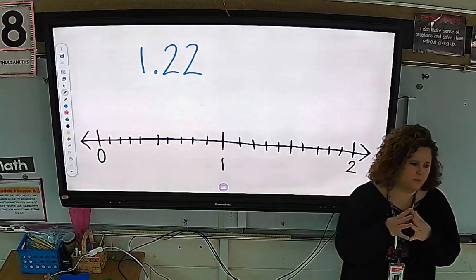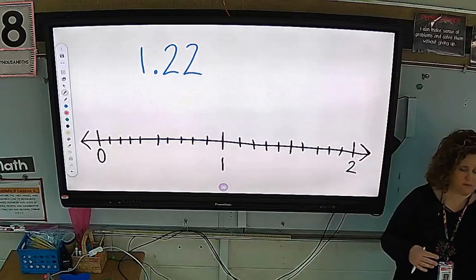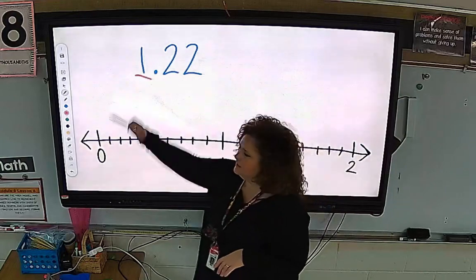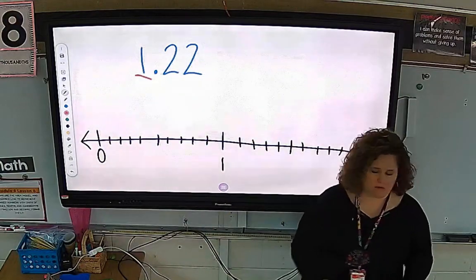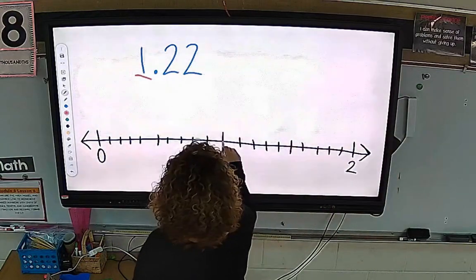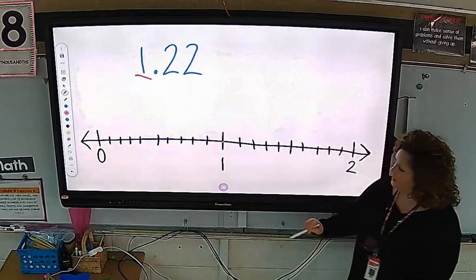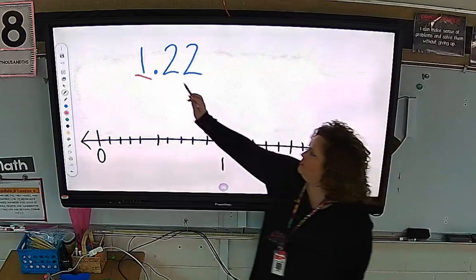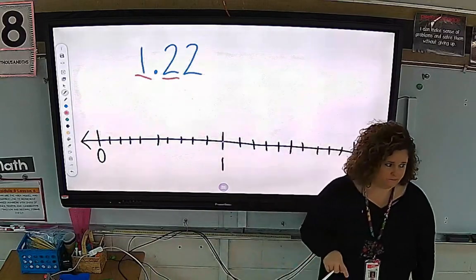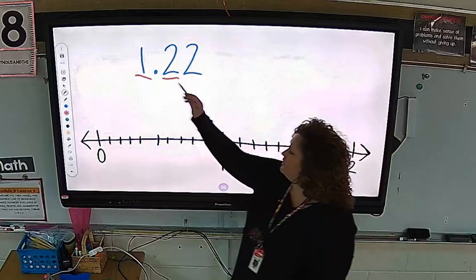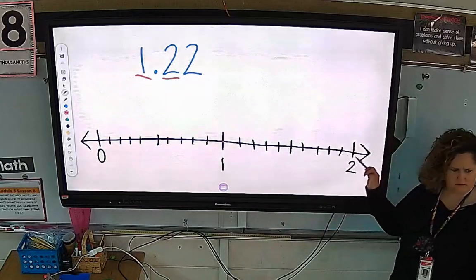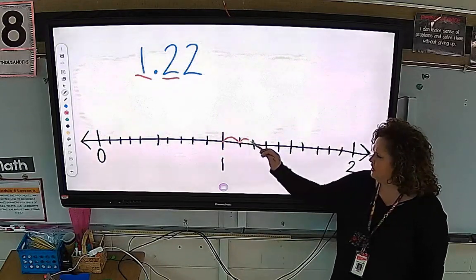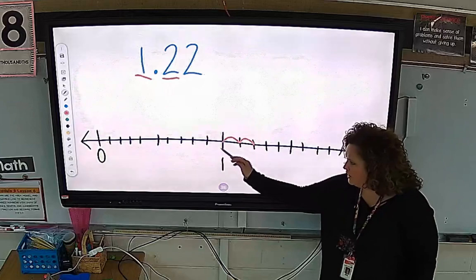That's what I was hoping somebody would at least say that much, and you got us a little bit further. All right, let's turn all the way around. So we know we're going at least to the whole number 1. We know we don't have to worry with any of this. But then we've got 2/10, right? We've gone this far. We've got 2/10. So these are tenths. We know we've gone at least this far because that's 1 and 2/10.